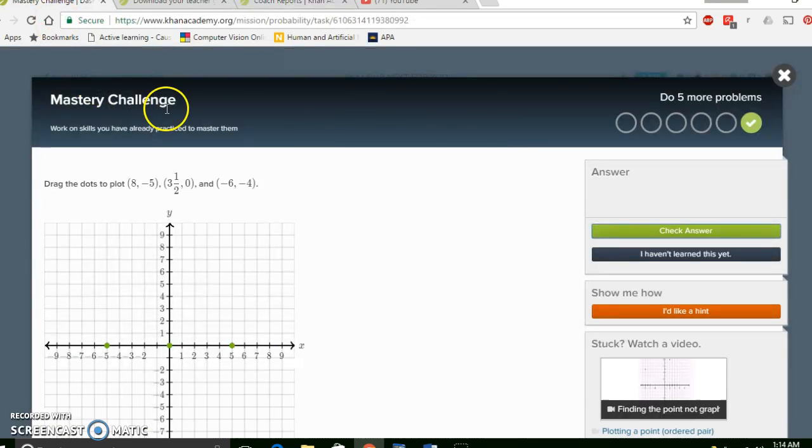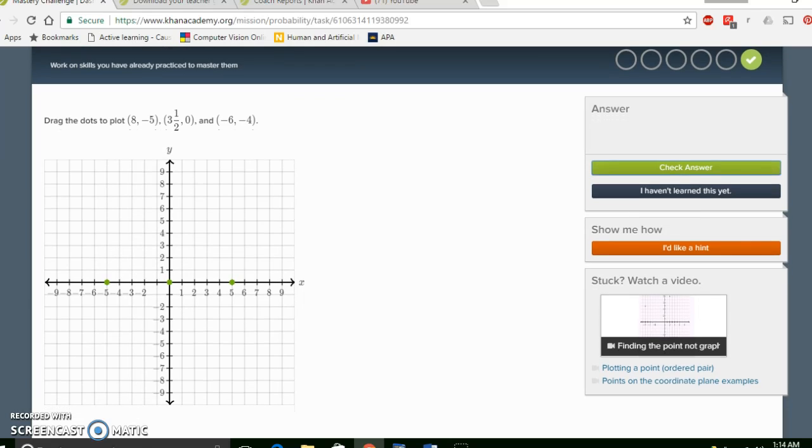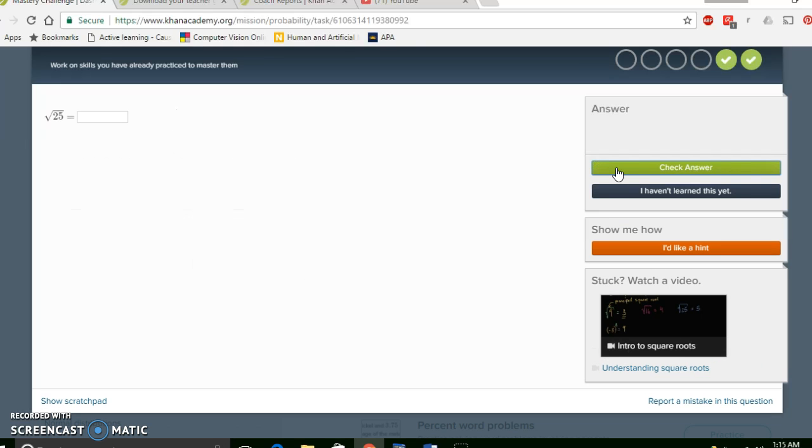From the student side, I can go ahead and I'm in my statistics class here, for instance, as a student, and so it asks questions. So this, for instance, is drag the dots to particular coordinate points here. Let's see, 8, -5 is going to be down here, right there. 3.5 and 0 is going to be about here, and -6, -4 is going to be here. And so when I check my answer, it says I've got the correct answer. Click on to the next question, and